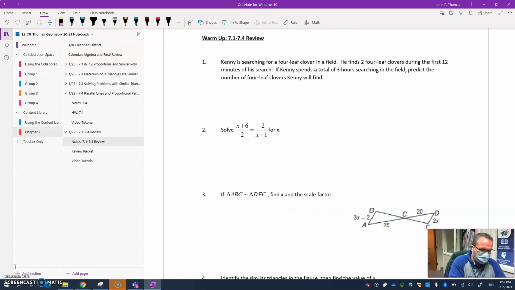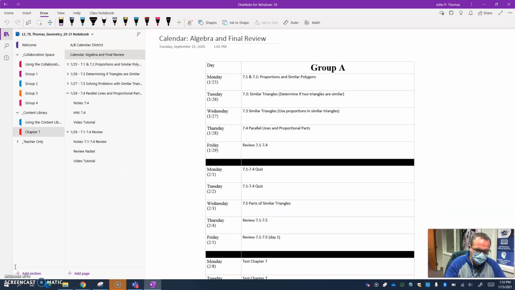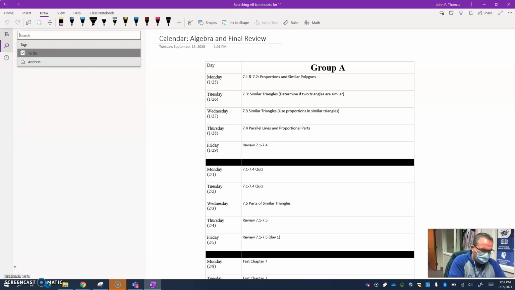And that, again, if we take a look at our calendar, just to remind you, that's getting you ready for your quiz on Monday or Tuesday, depending on whether you're an A day or a B day. Alright, so the whole point of today's review and this little warm-up is just to get you ready for that test. So taking a look here,